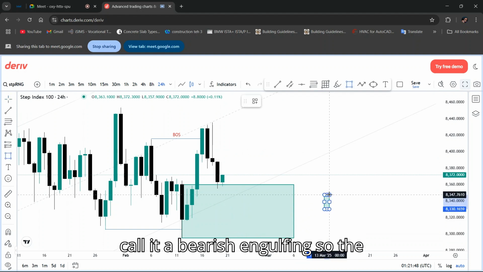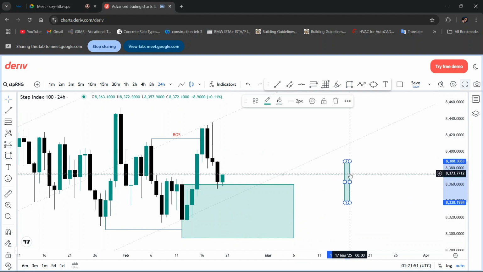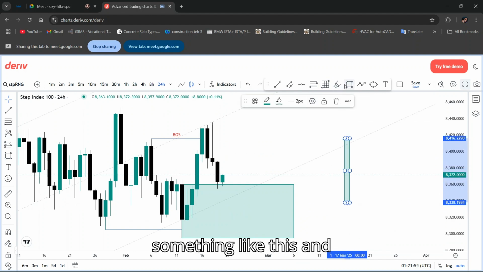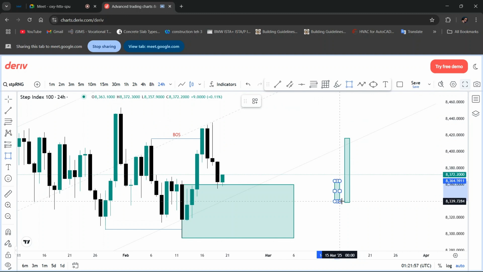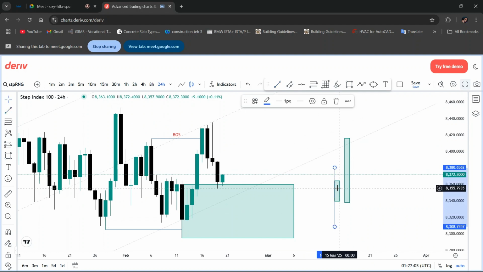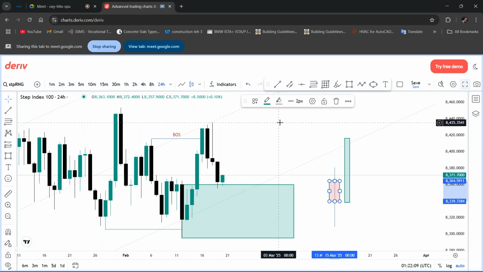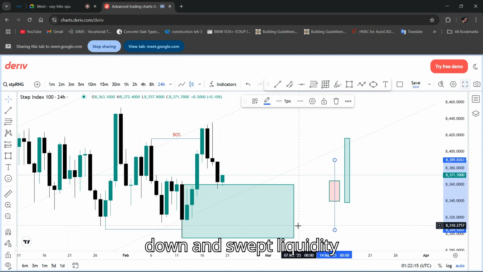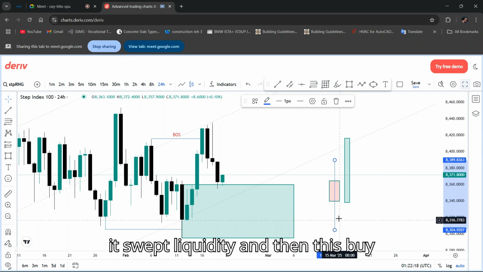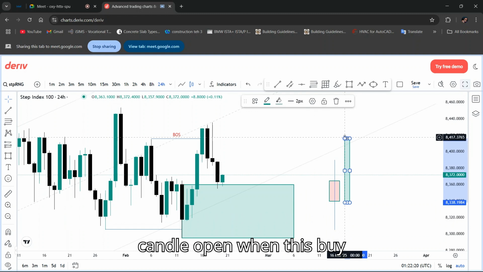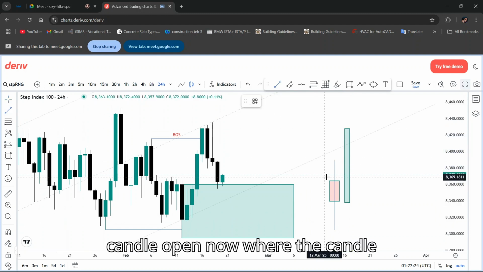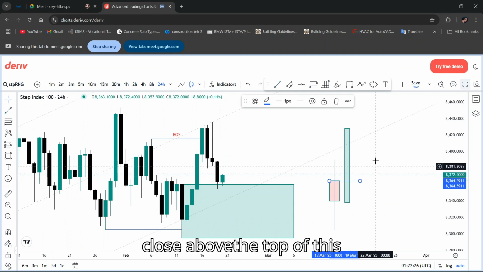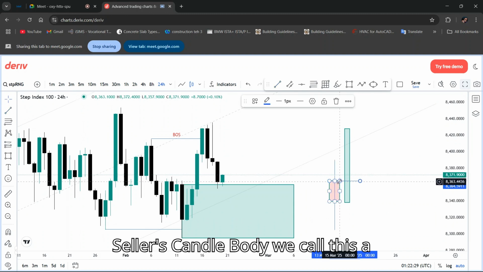And buy to sell, last buy to sell, we call it a bearish engulfing. So the bearish engulfing would basically be something like this, and a buy candle beside it. Convert this to red. So we have a buy candle, we have a sell candle here, and this sell candle went down and swept liquidity. It swept liquidity, and then this buy candle opened. When this buy candle opens and the candle closes above the top of this seller's candle body, we call this a